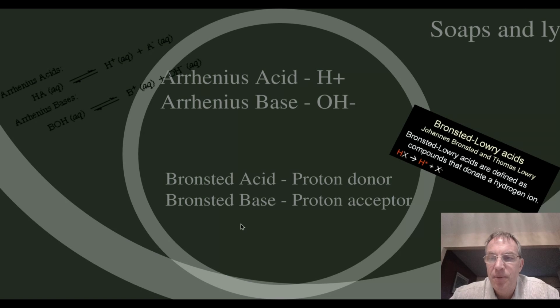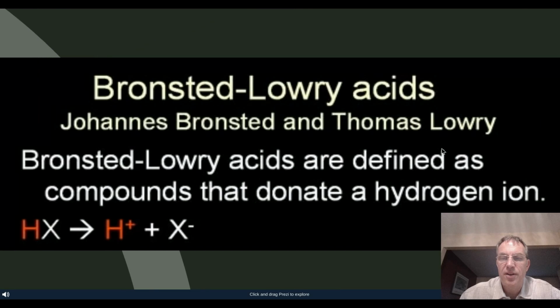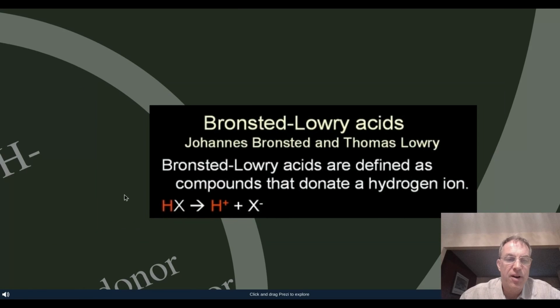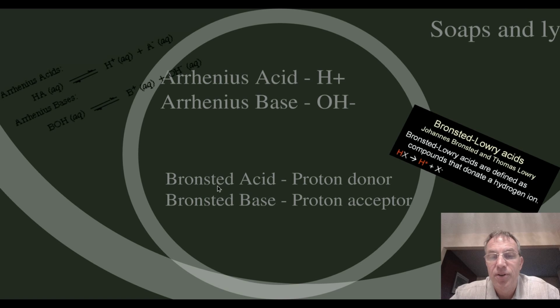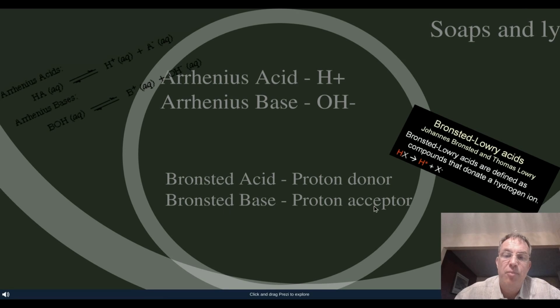Another way to think of it is that a Bronsted-Lowry acid is, if you look down here, anything that donates a hydrogen ion. So just a slightly different way to think about it. The Bronsted acid, this definition says, is a proton donor, and a Bronsted base down here basically sees this as a proton acceptor. Why the distinction? Because basically a Bronsted acid and a Bronsted base can be an Arrhenius acid and base, but also the other cool thing about it is there are many other things besides OH negative that can actually accept a proton,